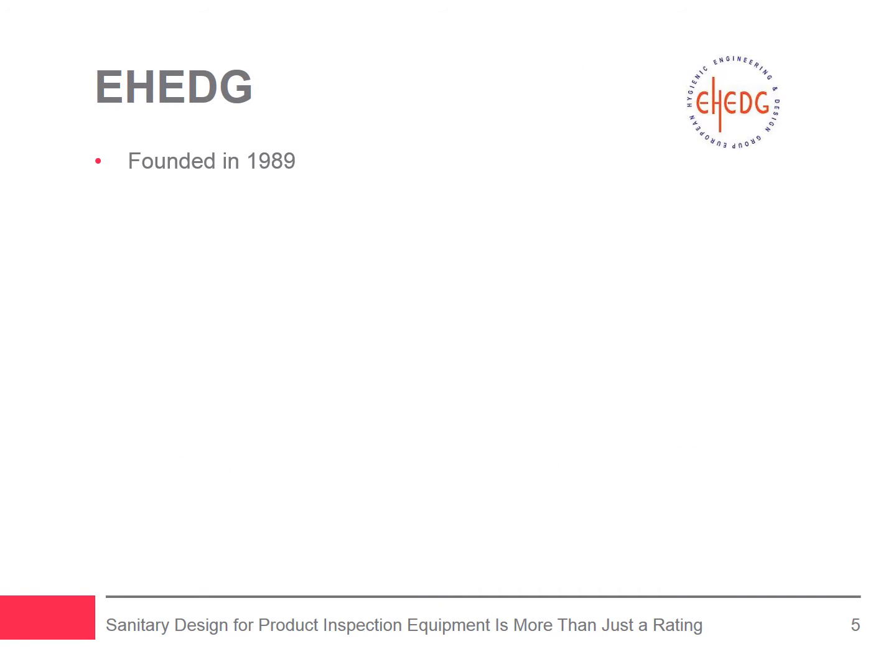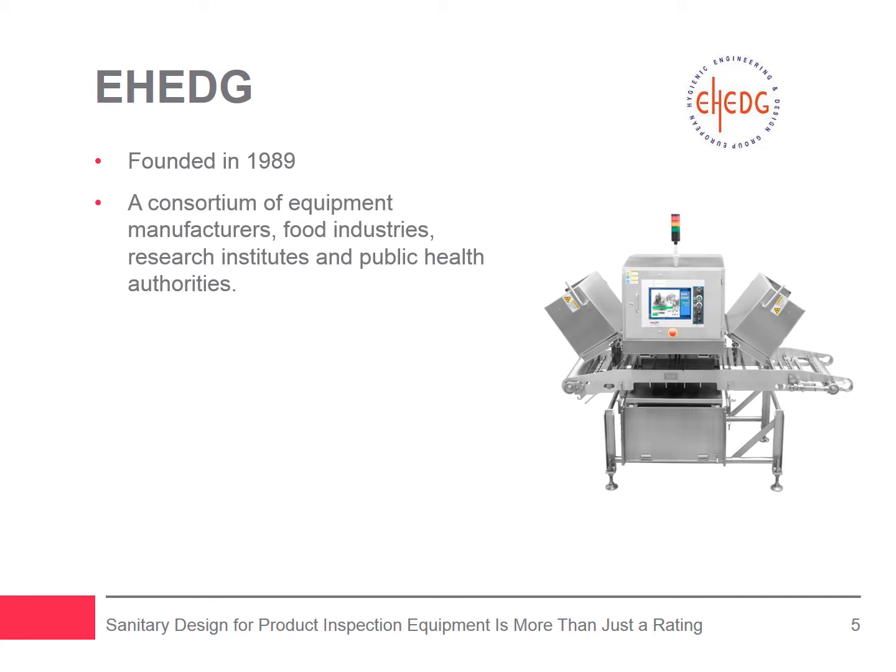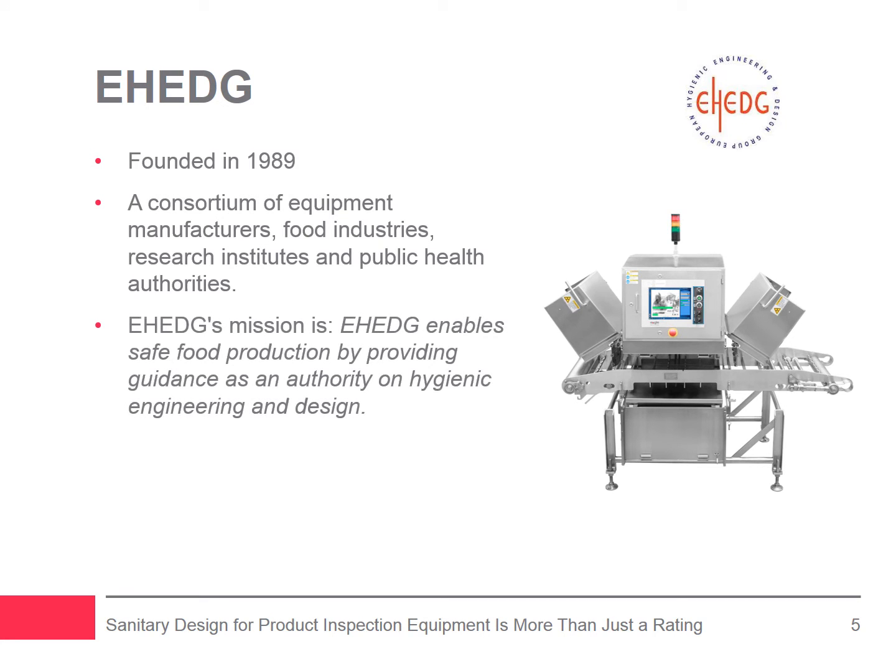Founded in 1989, the European Hygienic Engineering and Design Group, EHEDG, is a consortium of equipment manufacturers, food industries, research institutes, as well as public health authorities aimed at promoting hygiene during the processing and packaging of food products. The principal goal of EHEDG is the promotion of safe food by improving hygienic engineering and design in all aspects